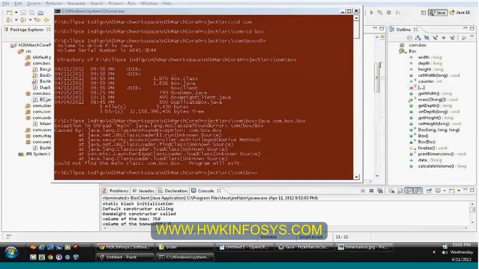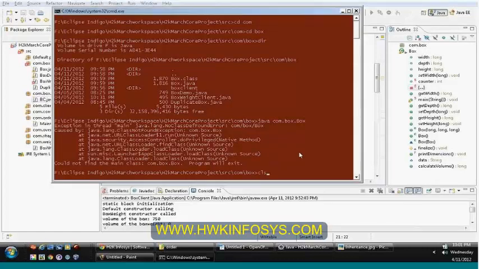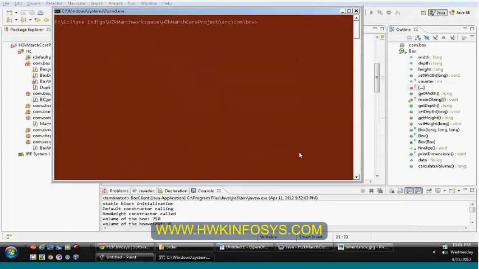The main method should be available in the class file but is not related to the package. Now you are able to compile and execute the box file.